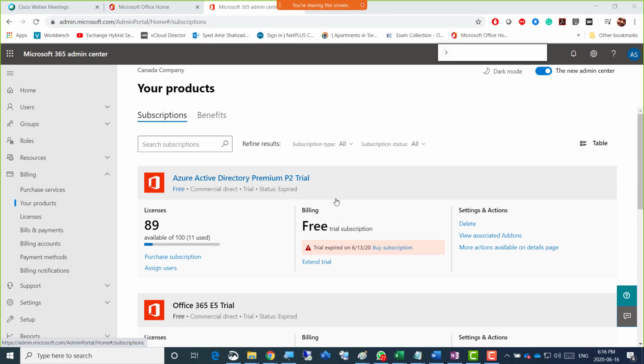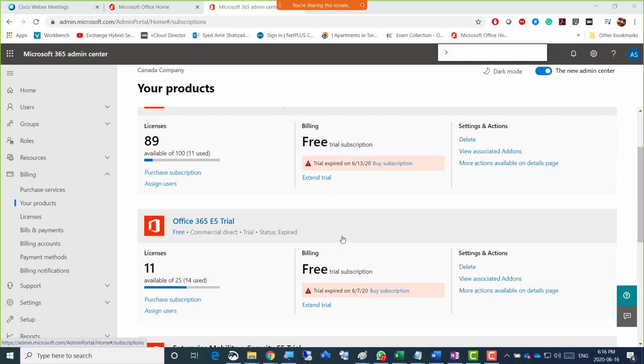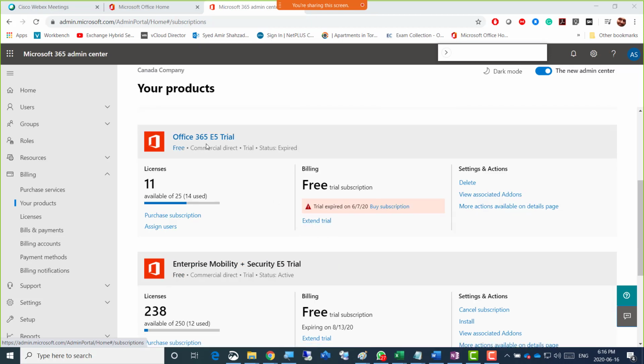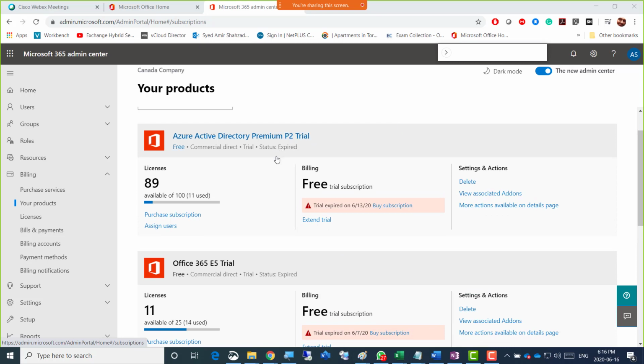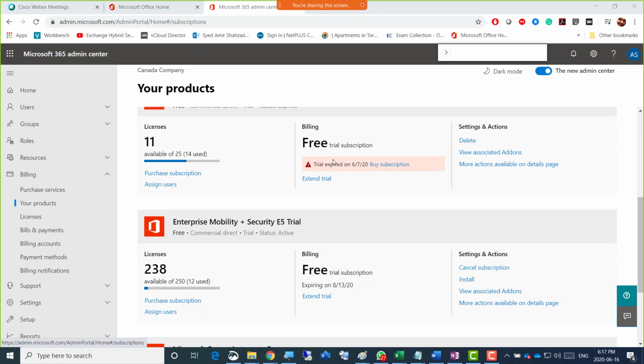So, right, guys, yes, we can discard it, but did you remove your domain? Make sure that we remove our domain. So let's get rid of this one and create a new one. Those of you who want to extend the trial can go ahead and extend it, actually this one, the Office E5 trial, and Premium 2 for Active Directory if you want that, because many of the features of the other applications still go back to Active Directory.